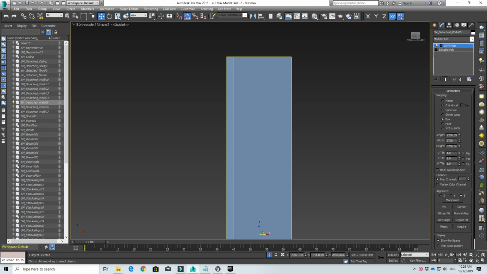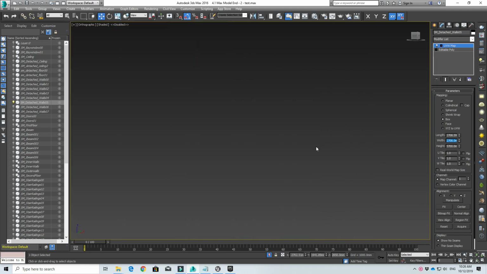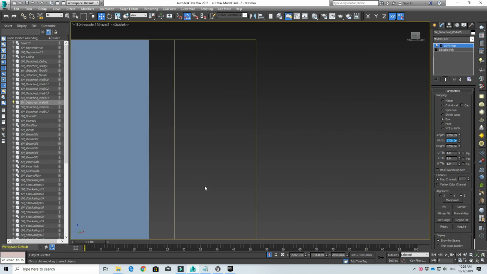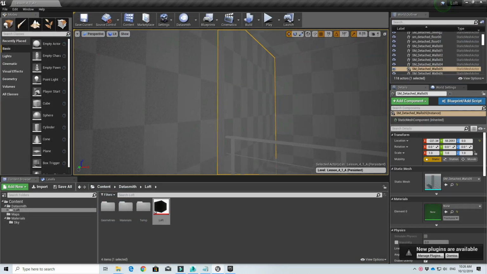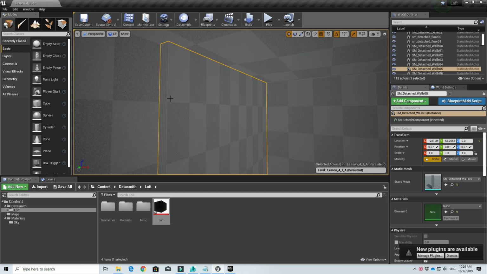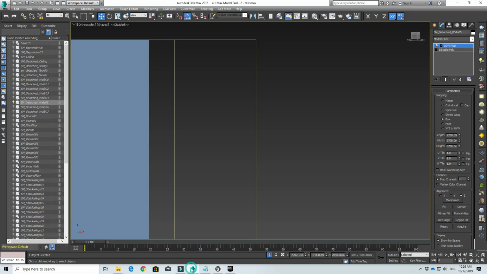What is happening is the size of the UVW map here, as you can see, if I don't extend the width to be the same as the length, it is going to squish out the side here. What I want is actually the side following the size of the face here,